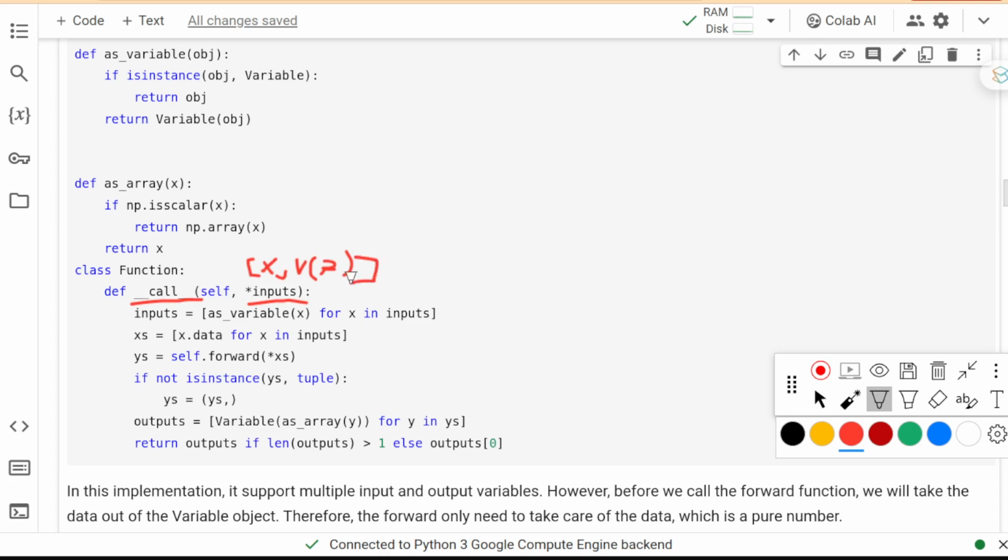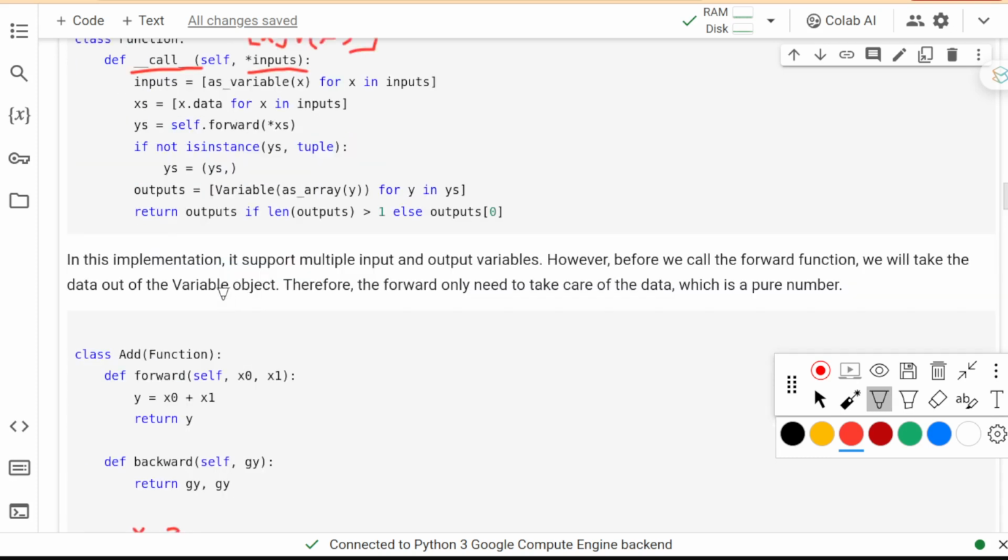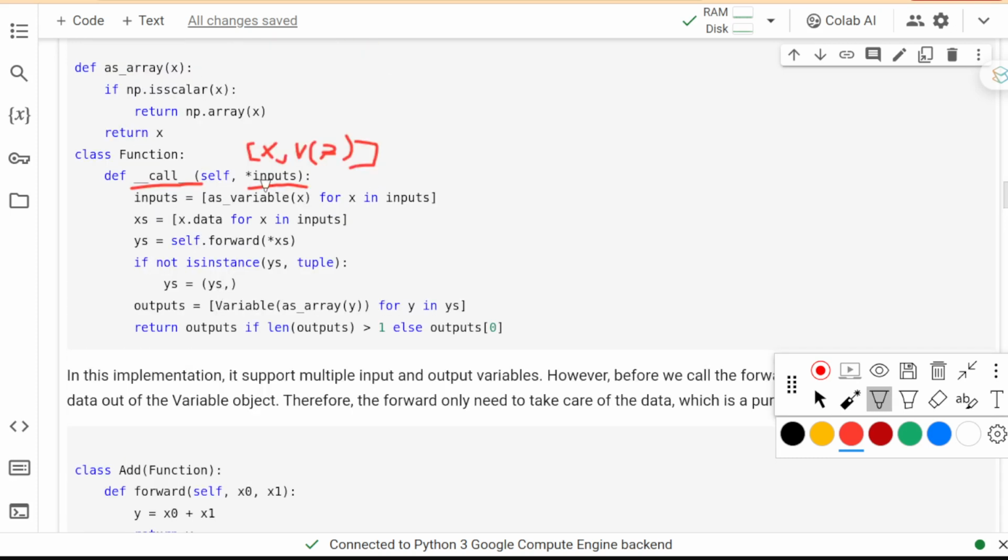Okay, so this will be an array. Since this time the second argument is not a variable, it's actually an array of the number 3 in here, in the first line of code we need to make sure every element in the arguments becomes a variable instead of just a NumPy object.